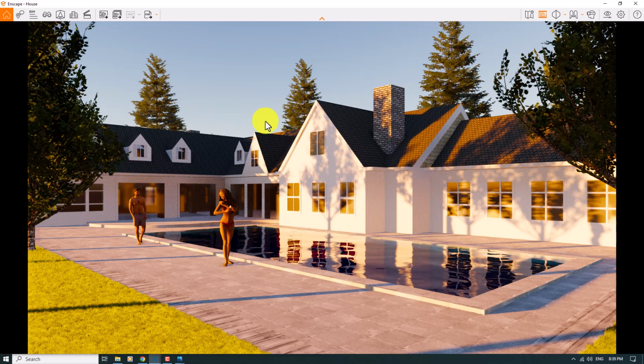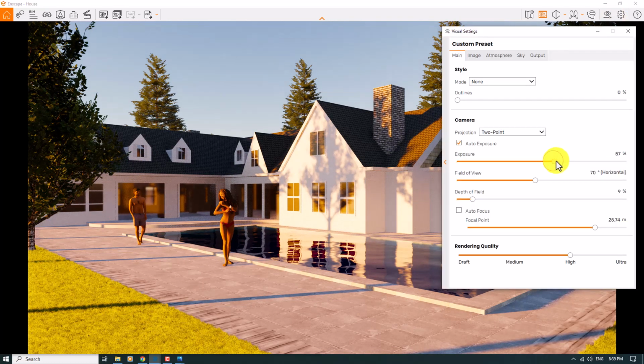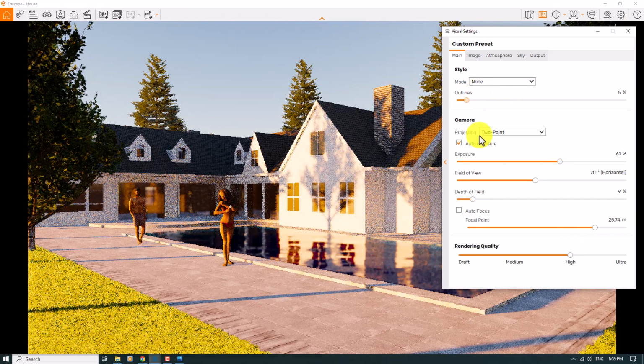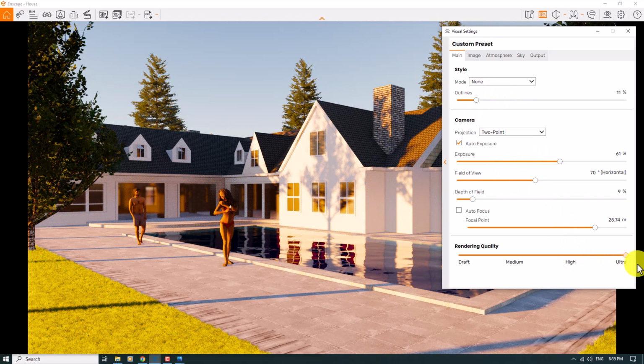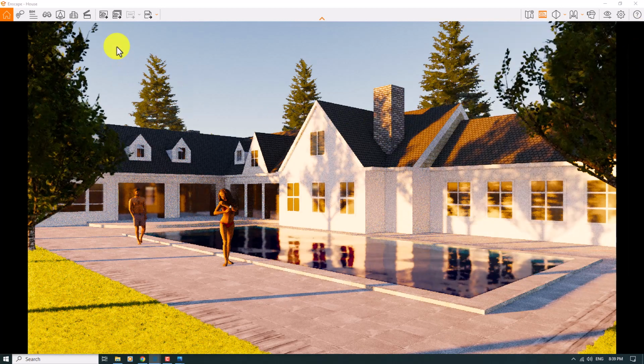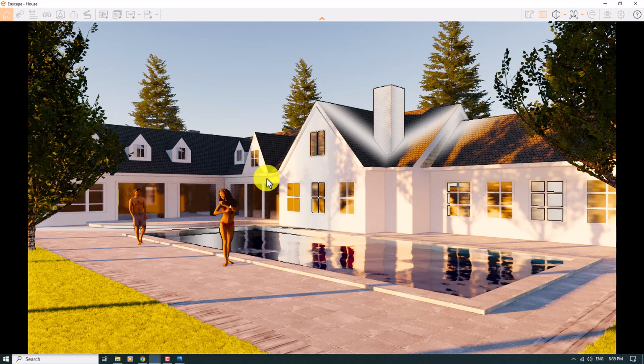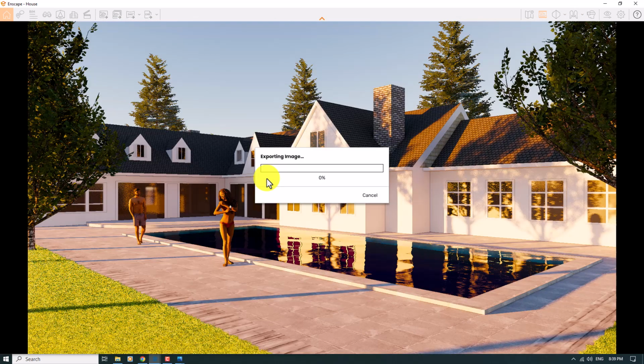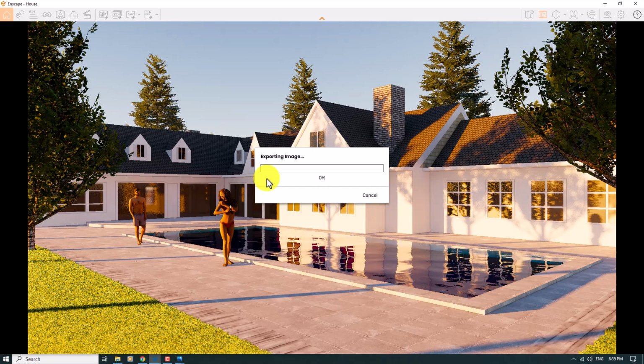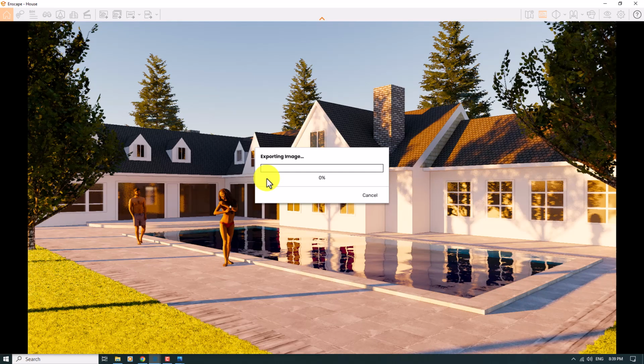I only want to render my project, so I want to make this render a little bit brighter, add some outline to my render, and increase the rendering quality to ultra to see what happens. I want to click on the screenshot button and save it on my desktop and press save. As you can see, this process I think takes, for example, 10 minutes of your time, but you can reach, I don't say a super realistic render like the previous tutorials, but you can reach some type of decent and good tutorial and result from your